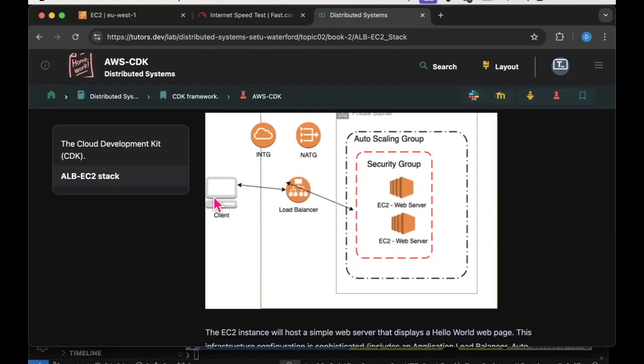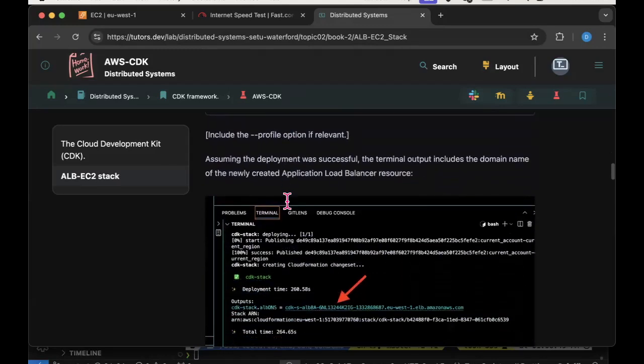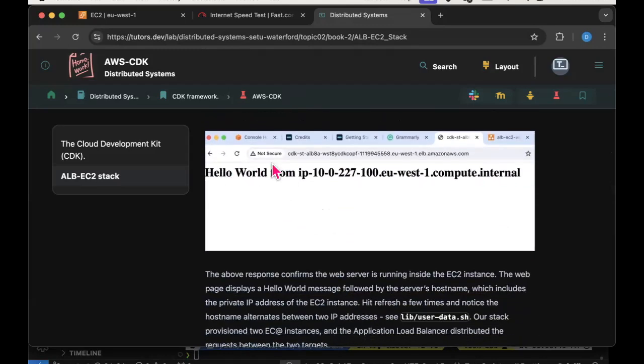So when you browse to the application load balancer from your browser, that request will be sent to one of these two EC2 instances, to port 80 specifically, and the Apache server will respond with the home page, and that will come back to your browser. The home page looks something as simple as this. It's just hello world, and